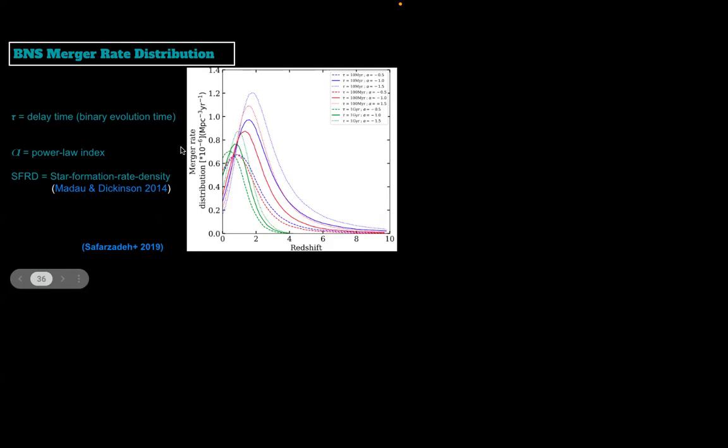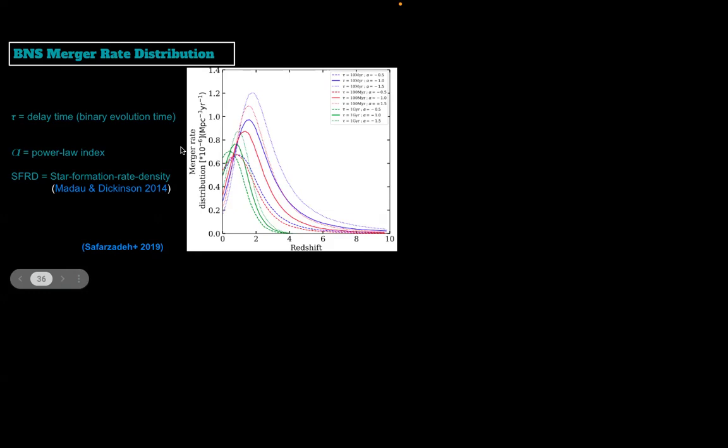But that model, whatever you are talking about, is for after the formation of binary neutron stars, how they are going to evolve. But even before that, there is uncertainty. How many binary neutron stars will form? I think that was my question. That is model dependent. Somehow that has been modeled here. I don't know. So that model is there.